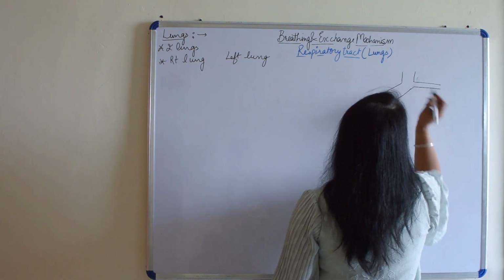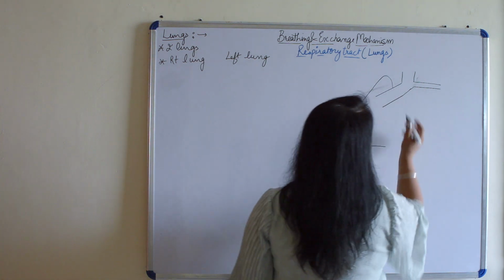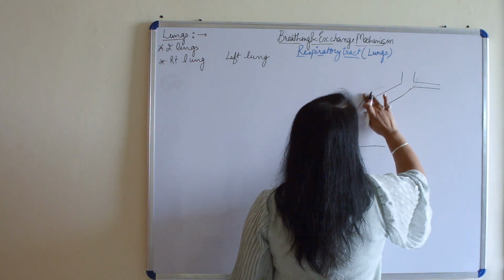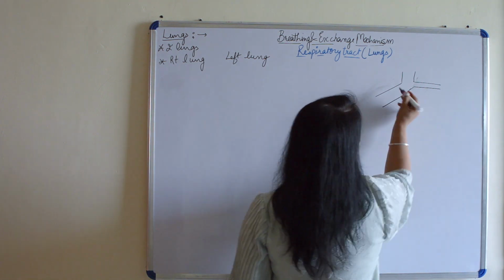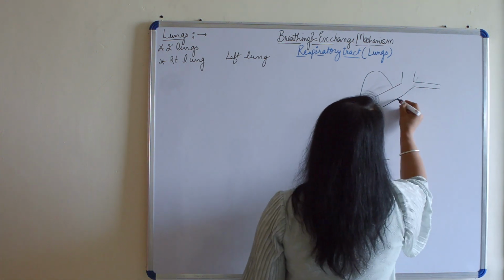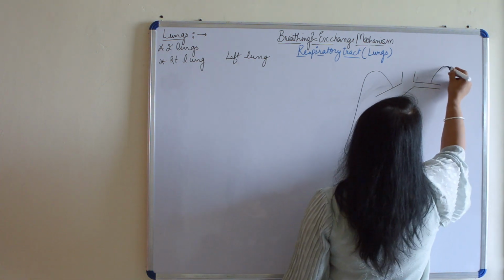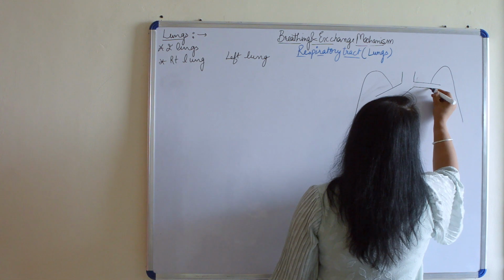Fine, so these are the two bronchi. Then the triangular lungs, here, the right lung and the left one,